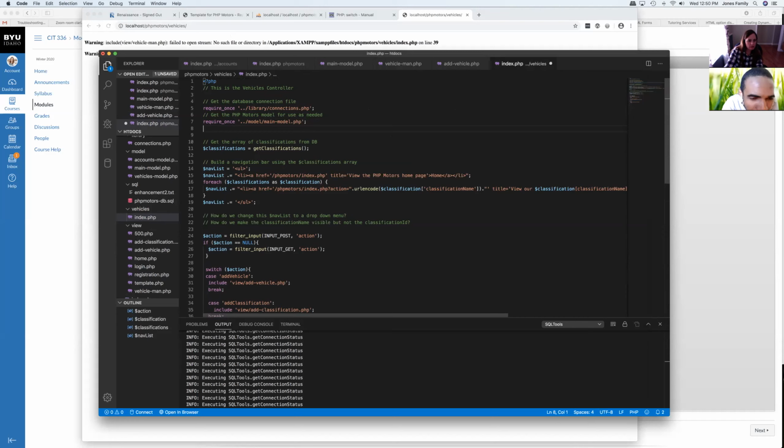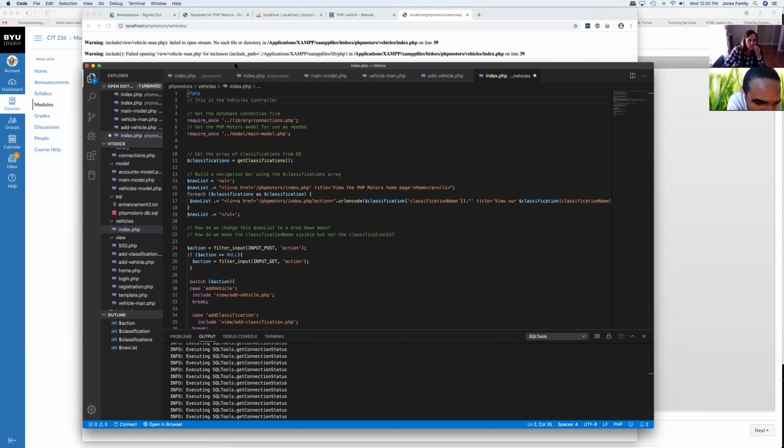Wait, before you do that, let's see. So you can't open the stream because you're in your vehicle's controller now, right? I'm in my vehicle's controller. Yeah. All right. So if it can't open the stream, it's not seeing what you're calling. That's the only possible reason it wouldn't see it. So it says it cannot see view vehicle, warning: include view failed to open stream, no such file or directory. All right. Could you put